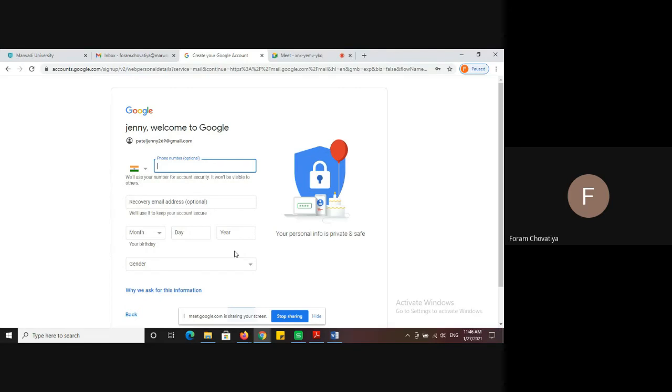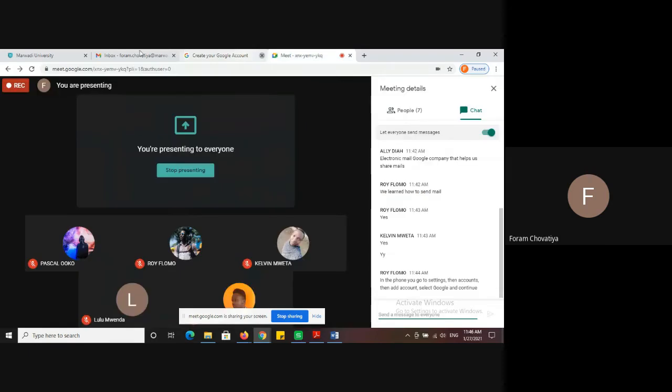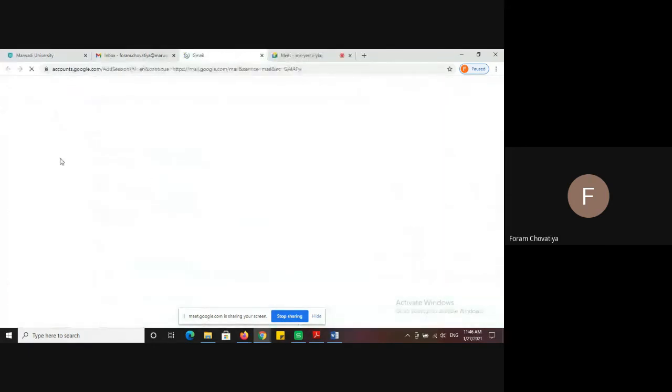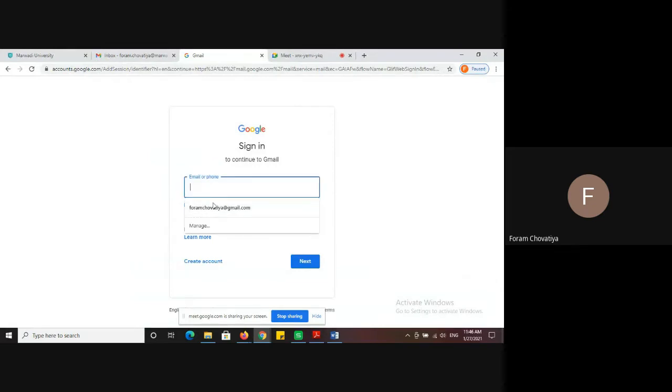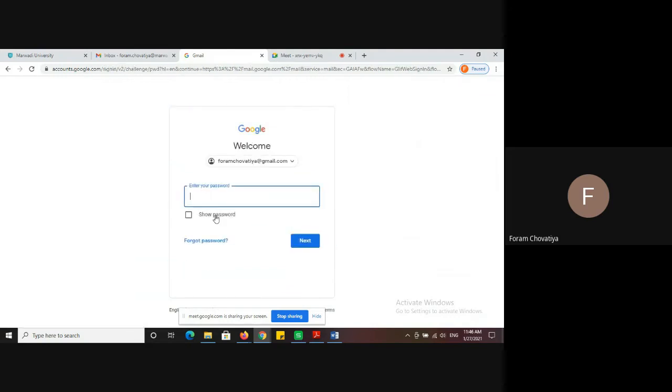If you are opening your mail ID, then you add or use another account, write down your mail ID, then next, and in this box write down your password. Then click on next, so your mail ID is open.